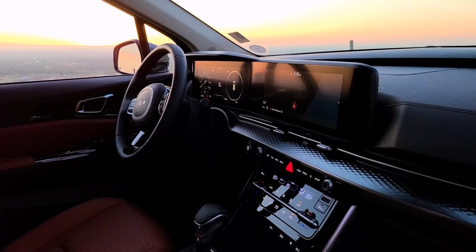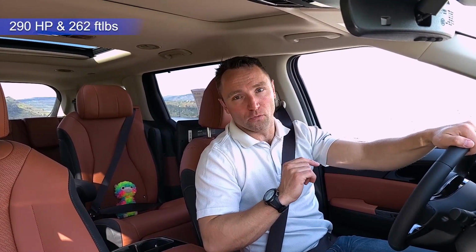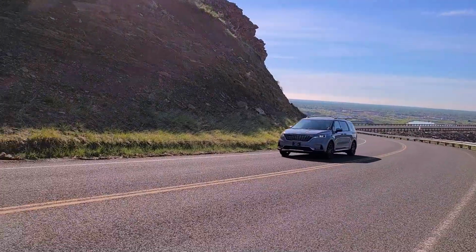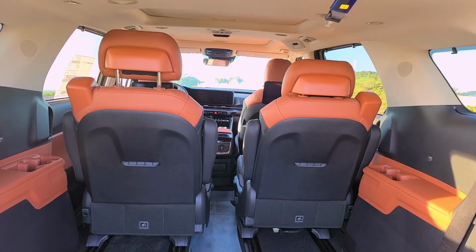They went all out upgrading this machine in every possible way. To start, this baby houses a 3.5-liter V6 engine with 290 horsepower and 262 foot-pounds of torque. That is not only 13 horsepower more than the old 3.3-liter engine, but that increase allows the Carnival to tow up to 3,500 pounds. Next, the interior volume has been increased as well, which means you have enough room for